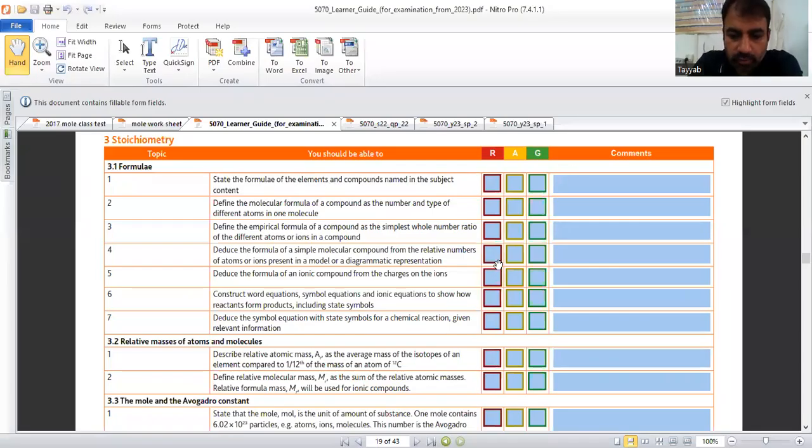Yes, today we are going to start the revision of formula and stoichiometry. For this, we have opened the revision checklist. So if we see the first point in formula, state the formula of the element and compound name in the subject